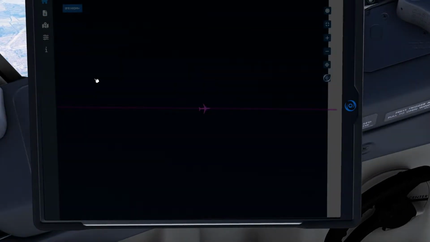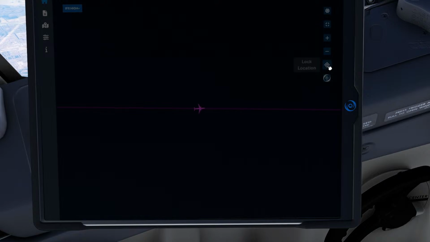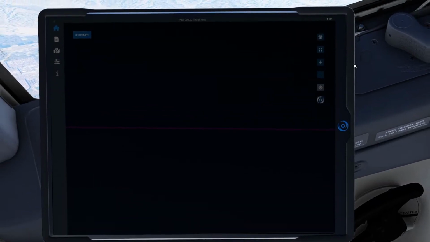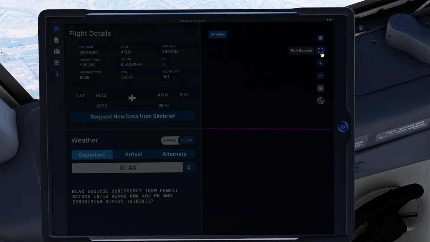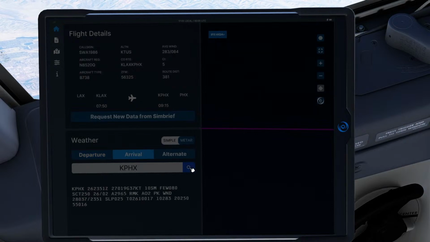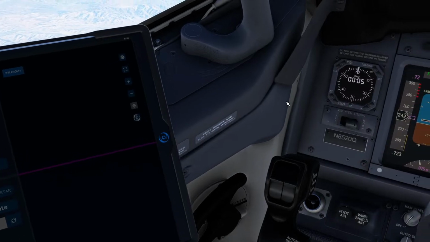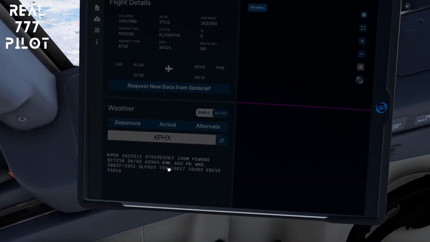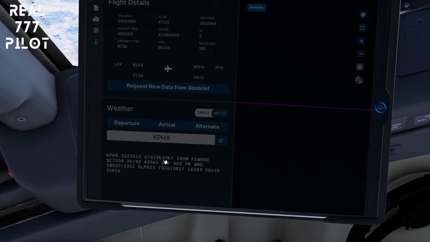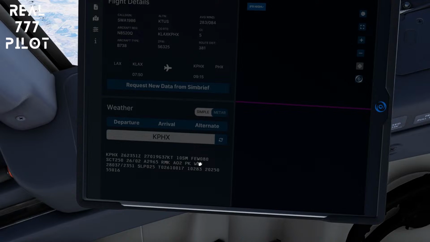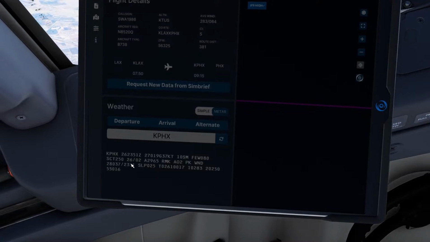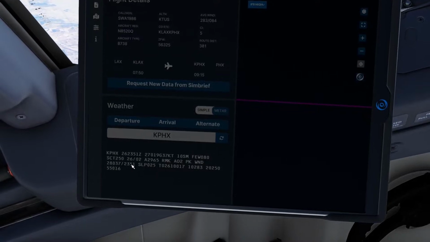FedEx 4533, climb and maintain flight level 330. FedEx 244, turn left heading, 10,000. Arrival Phoenix, the latest one, 2351. Does it make sense? Yeah, 0005, so 2351. 1876 at Bourbon, cleared ILS. 27019, gusting 37, more than 10 statute mile, fuel 8000, scattered 25,000, 26 speed 210 degrees, altimeter